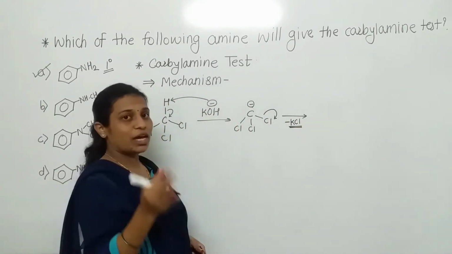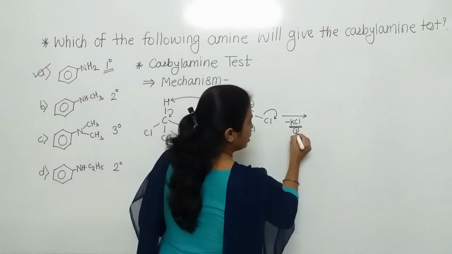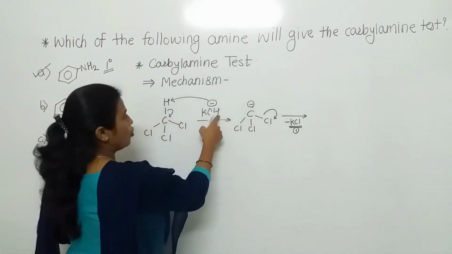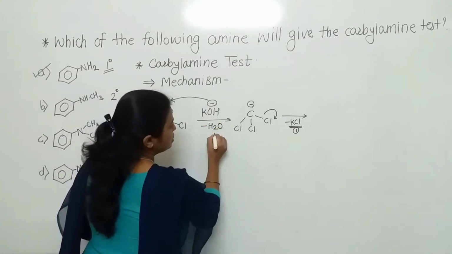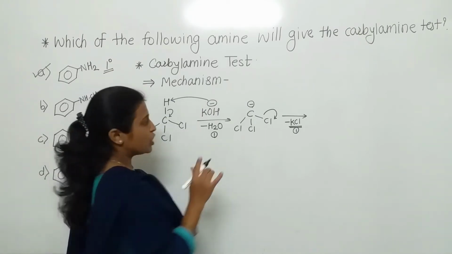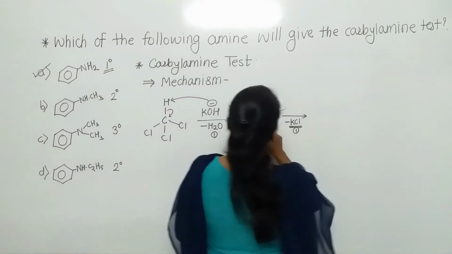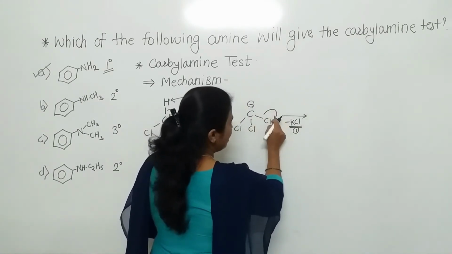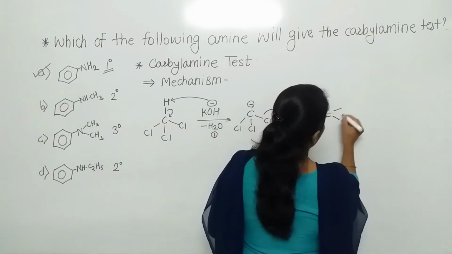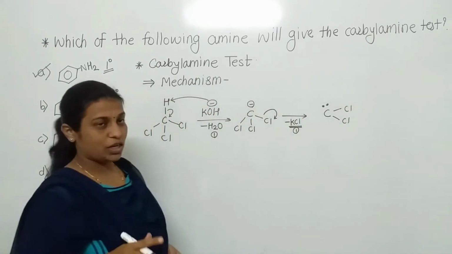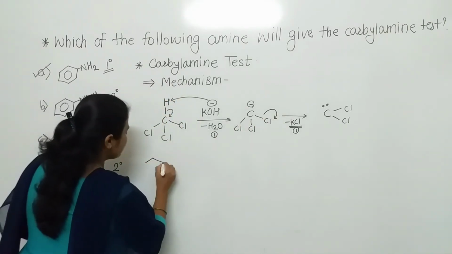How many KCl are we getting in the product? That is 3. The first one is here, I am writing 1. Here OH and 1 H means removal of the first H2O. So we have completed this. Next, when there is an elimination of a Cl, we get dichlorocarbene as an intermediate.